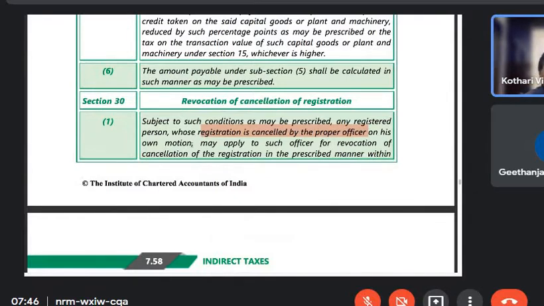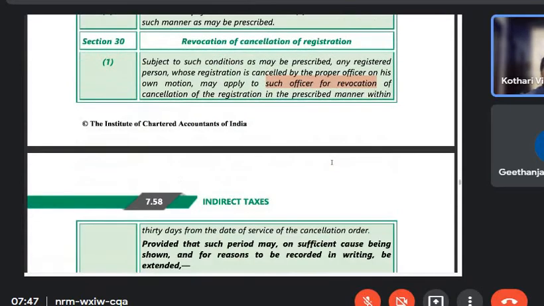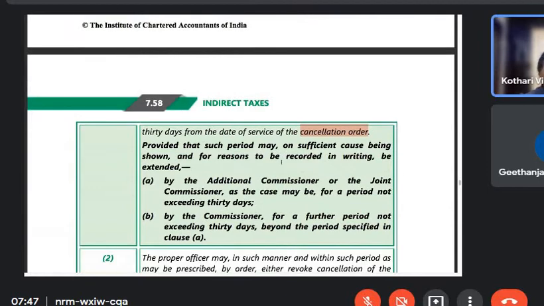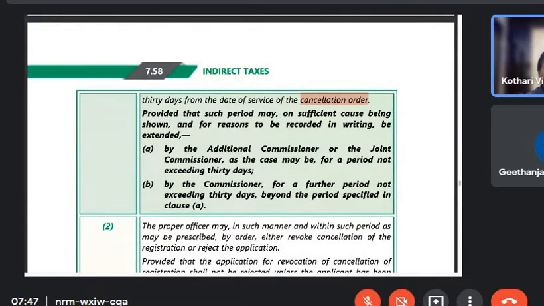On his own motion, he may apply to such officer for revocation. So when the proper officer has cancelled your registration, you can apply for revocation of cancellation of the registration in the manner prescribed within 30 days from the date of service of the cancellation order. So within how many days do you have to apply for revocation? Within 30 days from the cancellation order, provided that